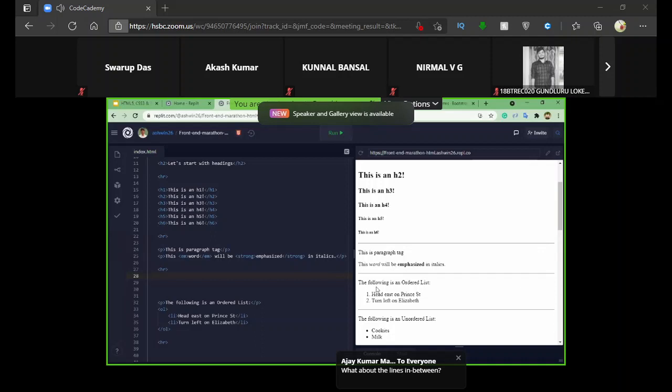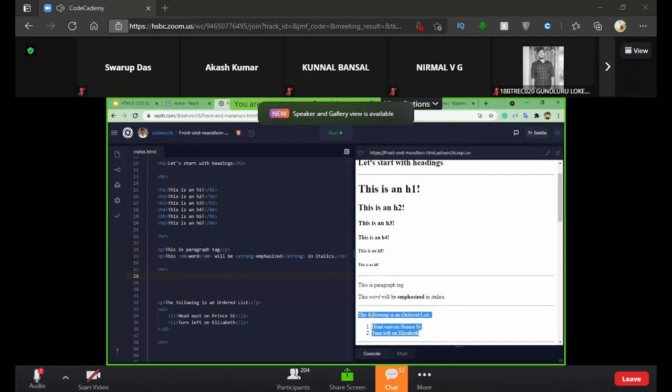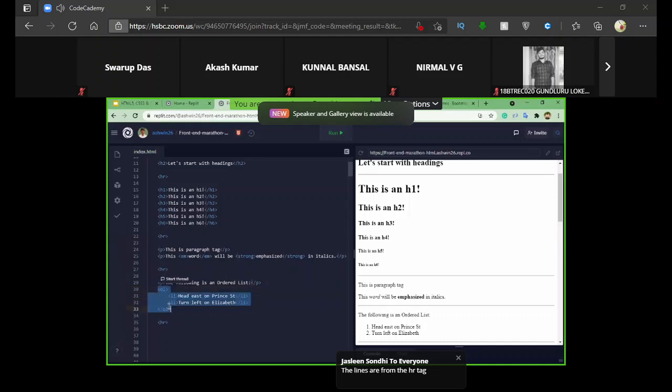Okay. So as you can see over here, the following is an ordered list. I have highlighted it over here, right? So to include that in your HTML code, we have to wrap it inside something called OL. OL stands for ordered list. Okay. So inside the OL element, we add the list items.